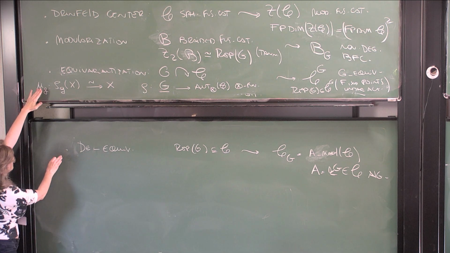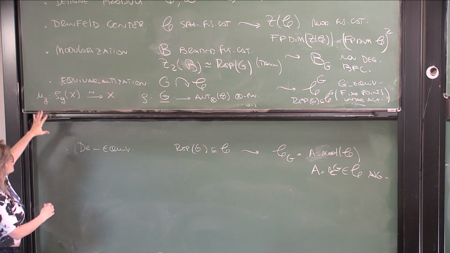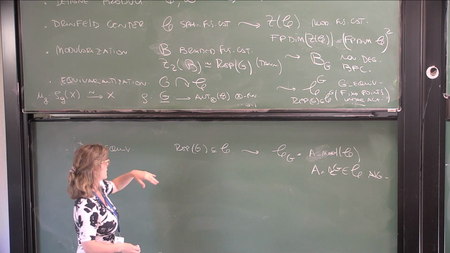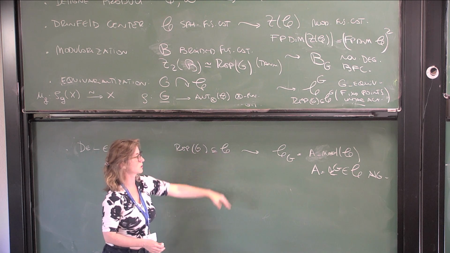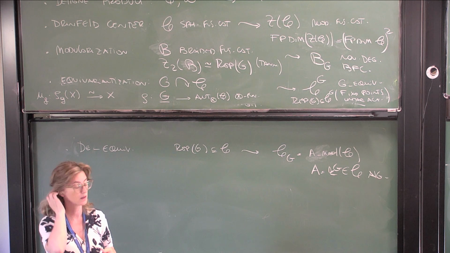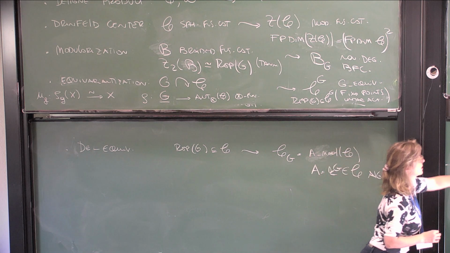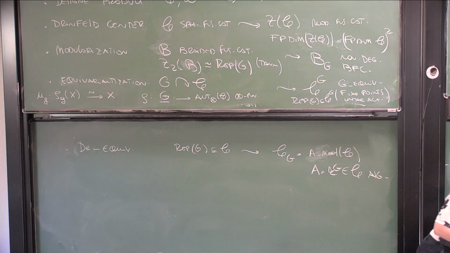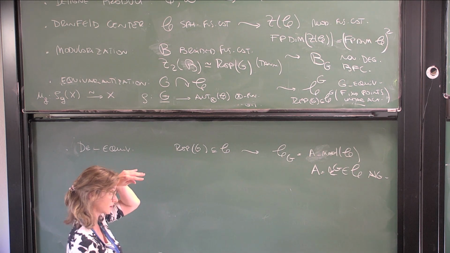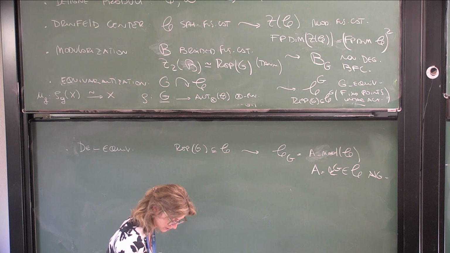So one point is that these are inverse constructions. This can be done in a more general setting, but when you start with something braided here and you de-equivariantize, you will get G-crossed and back. G-crossed braiding, which I didn't define, but I mentioned yesterday that it was important. Yesterday I also didn't say something. Maybe let me just say quickly. A lot of the things that I said here, at least some of these things, are also known for super-modular categories. So if you're interested in super things, a lot of things are parallel. You need to adjust, but I didn't have time and I forgot to mention.